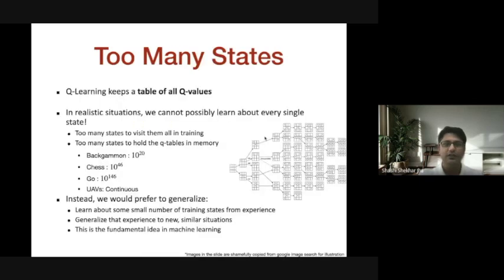So now, to end this session, whatever we discussed till now, at least specific to Q learning, maintains this table of all Q values. How about if you go to the real world, and the number of possible states is so enormous that you can never actually create such a table and store it in memory.